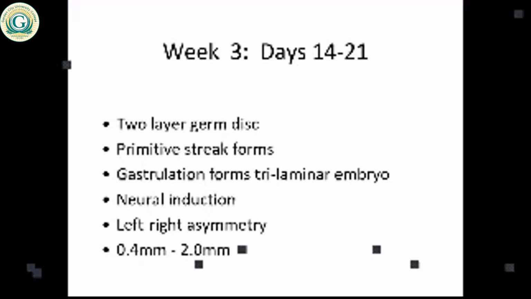So in the inner cell mass, there will be a streak. A streak is something like a gutter that will form on the epiblast. If you watch the first video, we call it the primitive streak, a gutter that will form on the epiblast. So that's the second layer. We say primitive streak formation. The streak that forms gives us 2 things. Number 1, the streak forms from the caudal of the developing